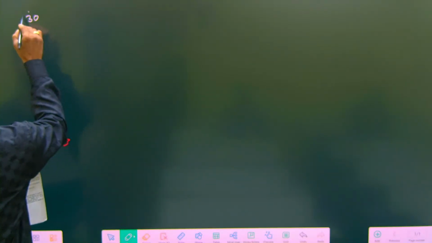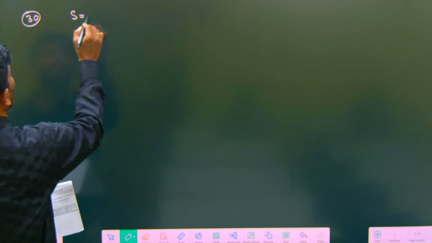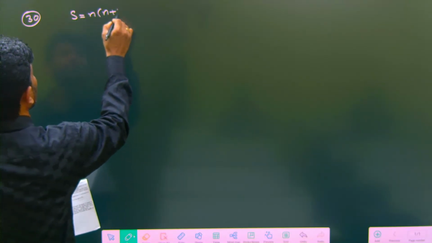She mentioned in this today. One was question number 30. We are watching what is given: S is equal to 3 into 10 plus 1 by